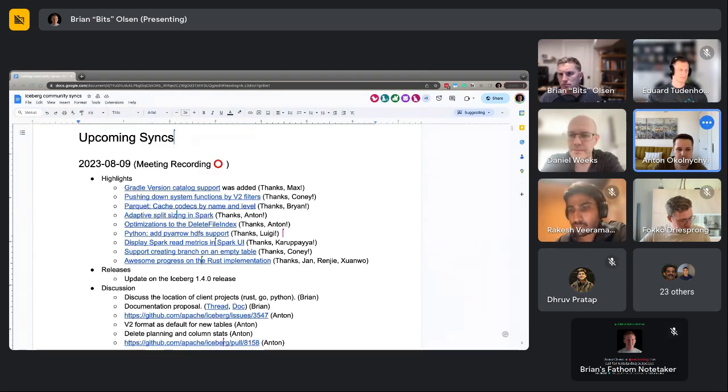One more change that we potentially should discuss is whether we should change the default table format version. I think there was a discussion on the dev list, and the consensus was that probably we should do it. So I wanted to raise that question again to see if anyone has any concerns. And I remind that the primary motivation is not to enable merge on read by default. That would be still under flag. But the primary reason is to get